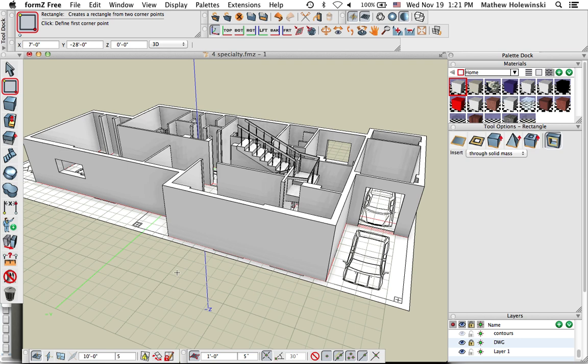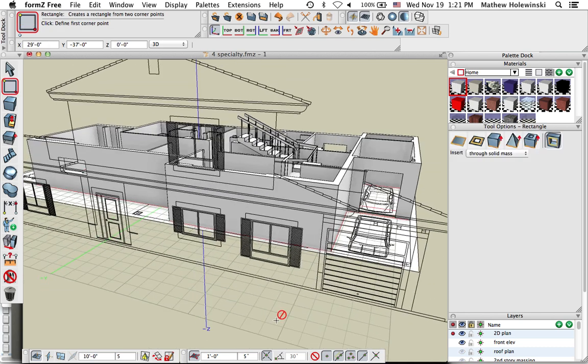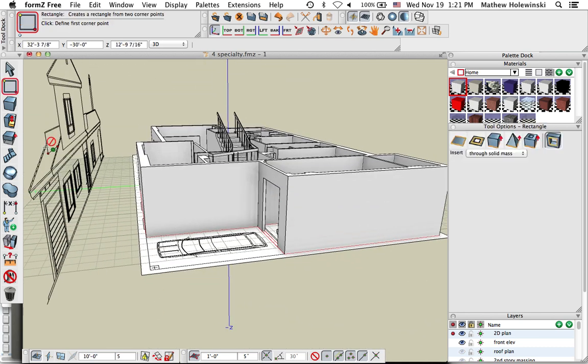Okay, and that comes in real handy. You can even draw these with numeric accuracy. You can type in numbers if you want. You can bring in a front elevation drawing file, and if you position that just right, I'm going to place it in front,